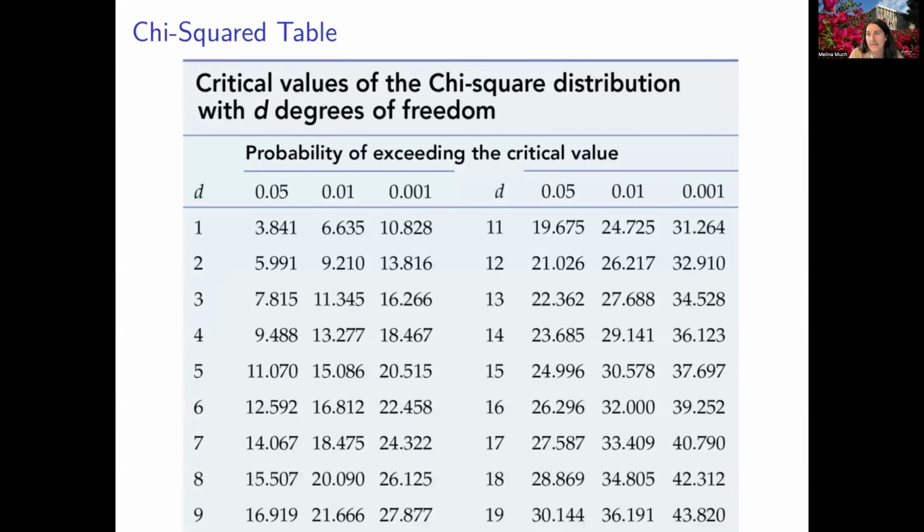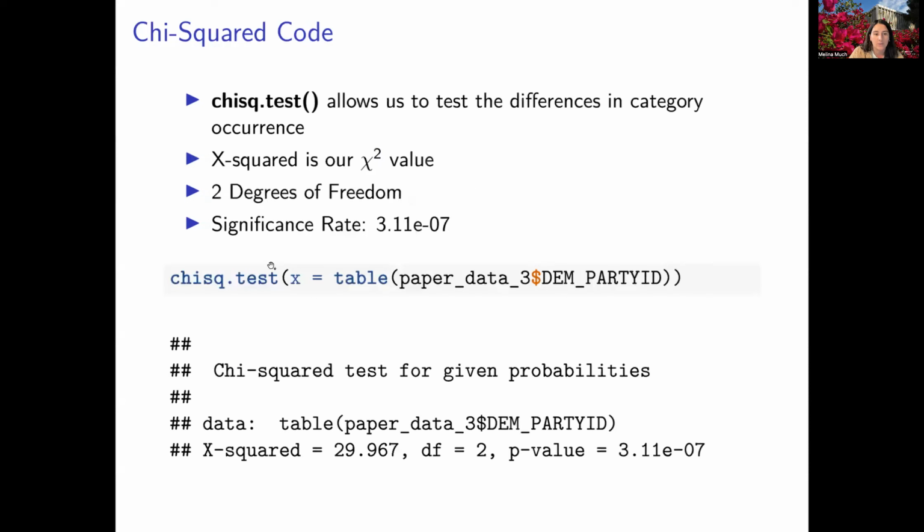So if we did this by hand, we knew our degrees of freedom, or D, on this far left-hand column was 2. And then we knew our significance level that we like to use is 0.05. We'd go down to 2 and over to 5, and we'd see that 5.99 is that value that we care about. And so that's going to be what we're going to compare. 5.99 is what we're going to compare this